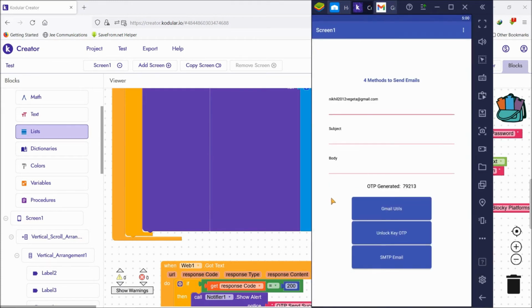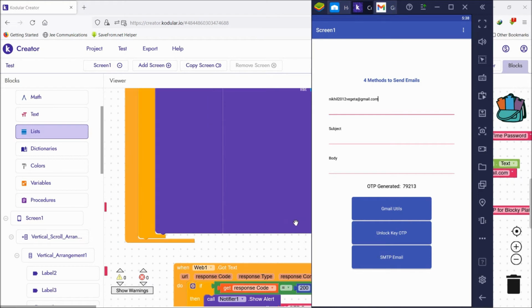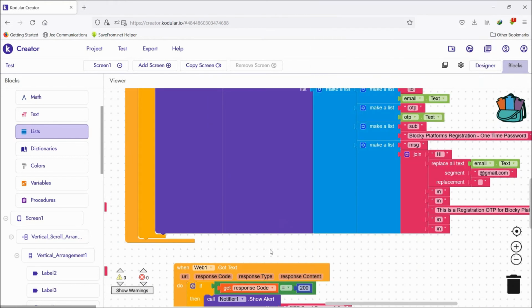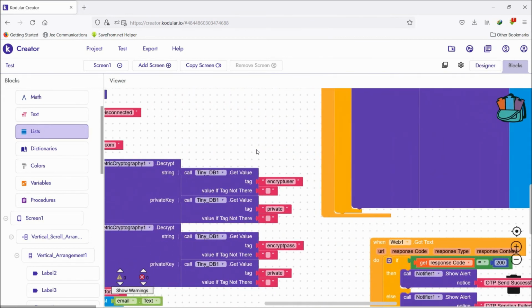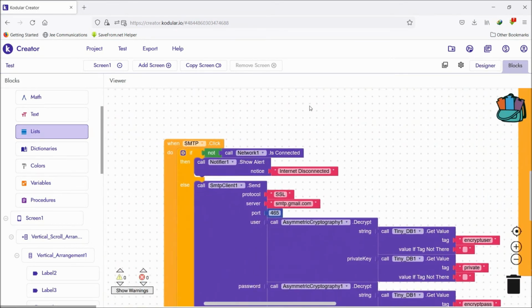So now coming to the next. Next was the SMTP client extension by Sunny Gupta.